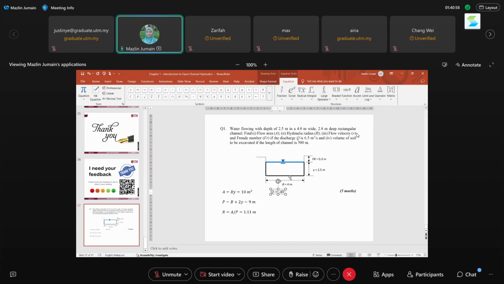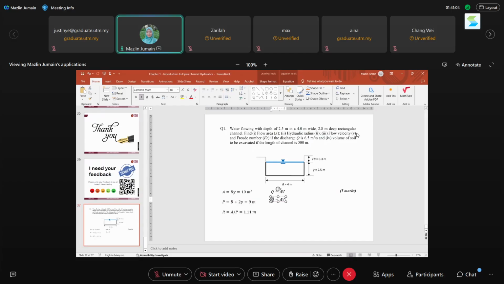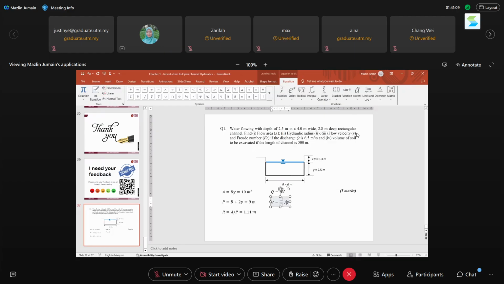Then just rearrange this equation. So you need to find V, so this one becomes Q over A. So your Q equal to 6.5 and then your A equal to 9. So here you will get